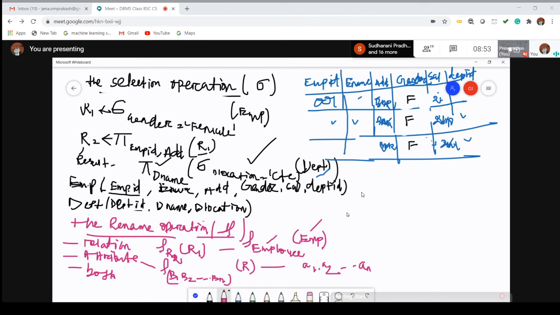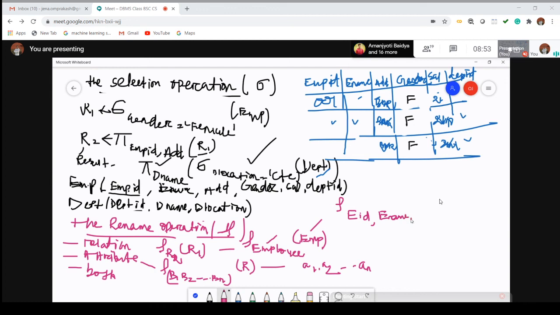Now let us consider an example. It will be rename. Suppose this employee ID I have to rename with EID. Instead of employee ID, I have to use EID. Then employee name, let us consider it remains the same.